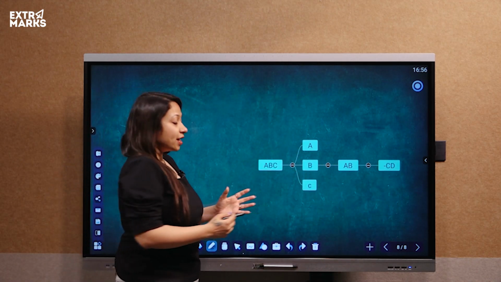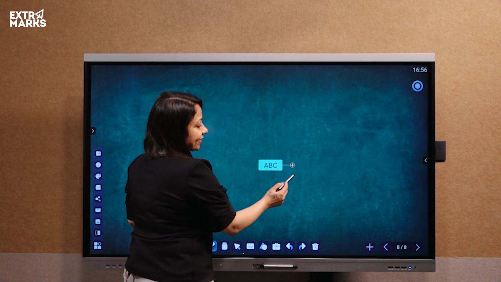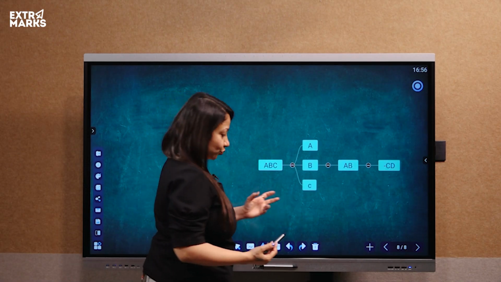So as a user, I can use mind maps like this and can reveal it in the classroom.